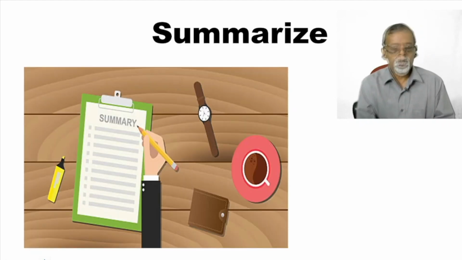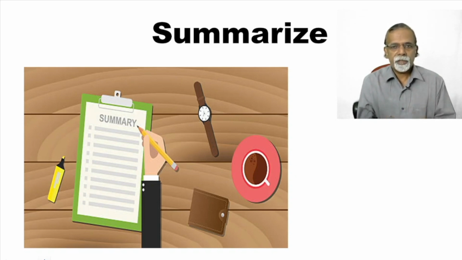So finally you summarize. You tell the patient, okay, I have taken your history, this is the information. For example, you had chest pain which is in the central region, it radiated to the neck and left arm, you had sweating, and this pain lasted for more than 30 minutes. Am I right? So something like that you summarize, and then you say, okay, this pain appears to be that of a cardiac problem, you need investigations, at present you are stable and there is nothing to worry about at present, let us have the next investigations and physical examination. This is how you summarize.